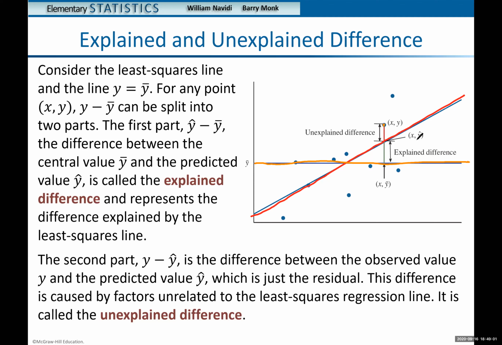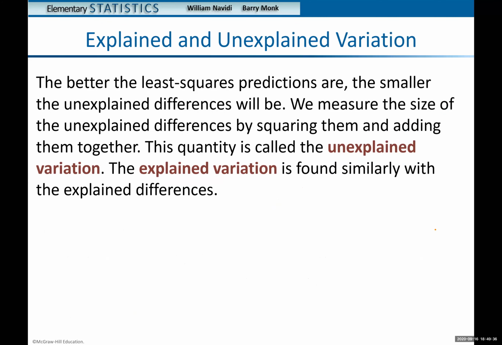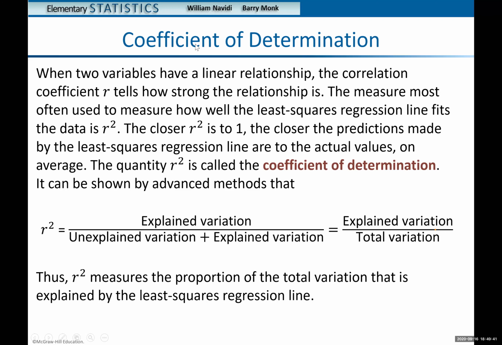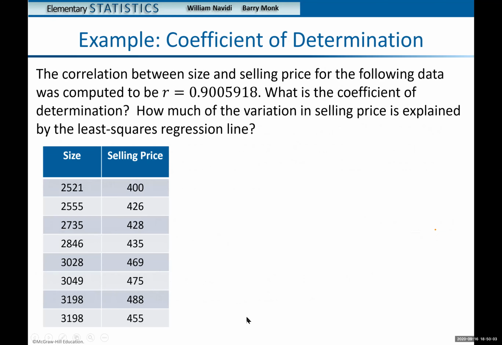When you get a difference between the values of those y's, that is y hat minus the mean of y. And this one is y minus the mean of y. But don't worry, I'm not going to ask you to do that for all the points. I'm just showing you how to get those explained and unexplained differences. The reason we need that is to get your r squared, which is what you call the coefficient of determination. The coefficient of determination formula is explained variation over unexplained variation plus explained variation, or explained variation over the total variation. And again, you don't need to memorize this formula, because all you have to do is use the same